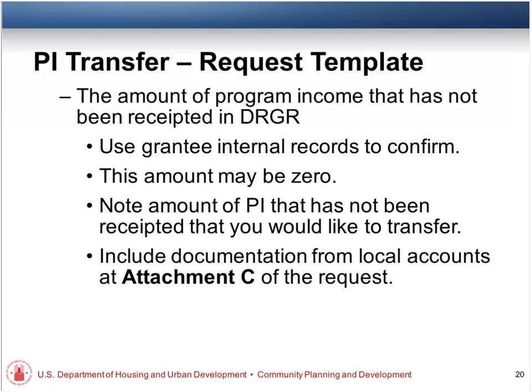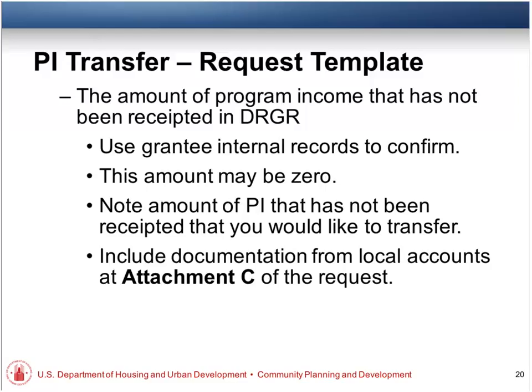So the amount, you may not have any program income that has not been receipted in DRGR. You weren't necessarily required to receipt program income in DRGR once you made the decision to apply for a transfer, once we got out there and said you could transfer.